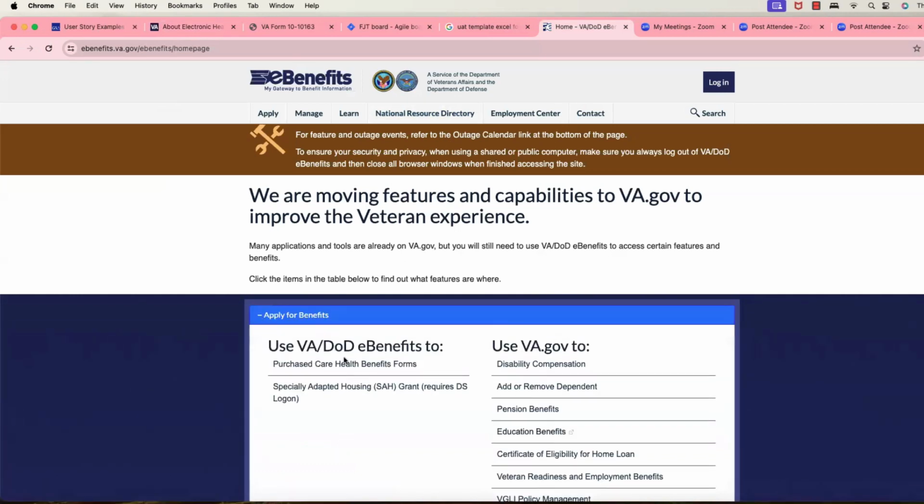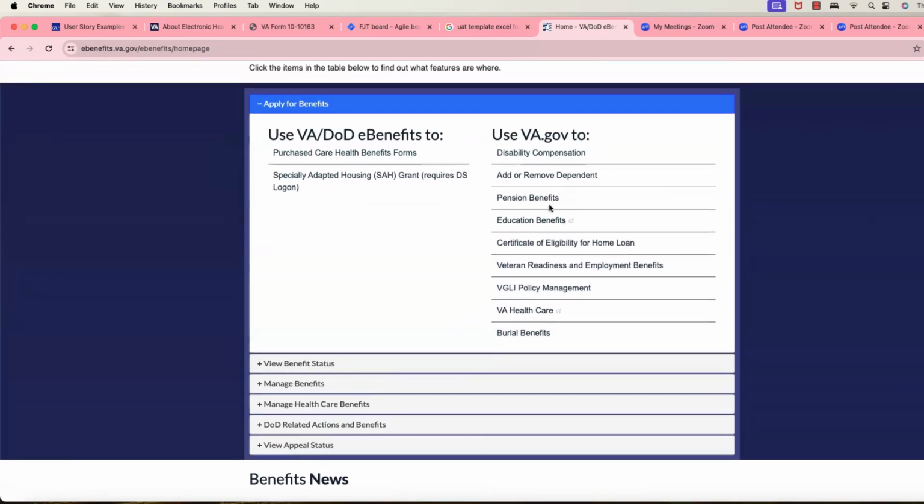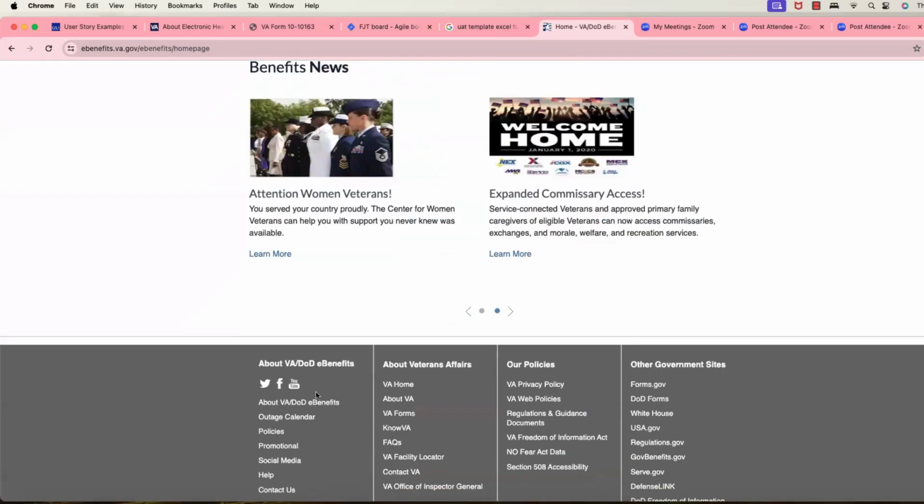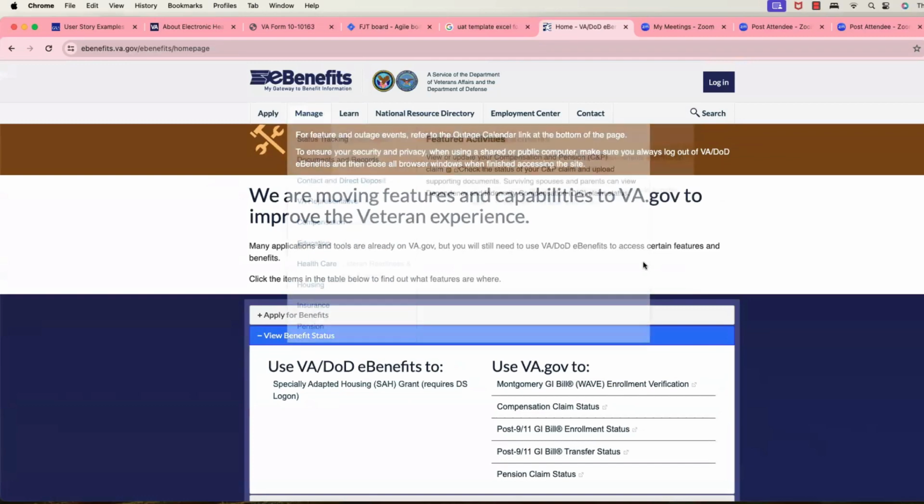You can apply for any kind of benefits, pension benefits, or you can remove or add a dependent, or education. If you are going for some kind of education, you can apply for that, or for a home loan, because in the US, veterans have discounts for almost all the loans. And if you have some disability compensation, there are a lot of benefits they can get. So to use this portal also,